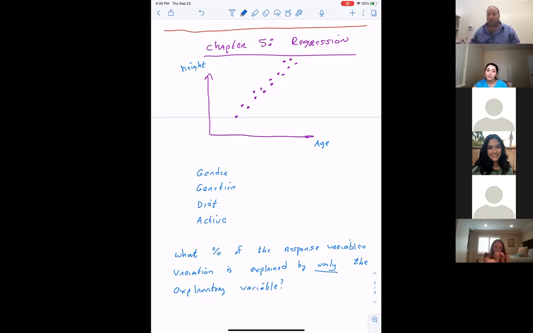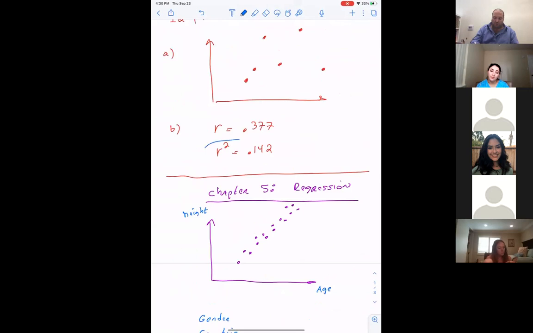So I'm not looking for a number. I'm looking for some kind of variable that we've come across in this course. And the answer is no problem. The answer is R squared. That number that we calculated last time, the R squared value. The R squared value is the percent of the response variable's variation that can be explained by only the explanatory variable. If I have an R squared value, like in this example here, of 0.142,